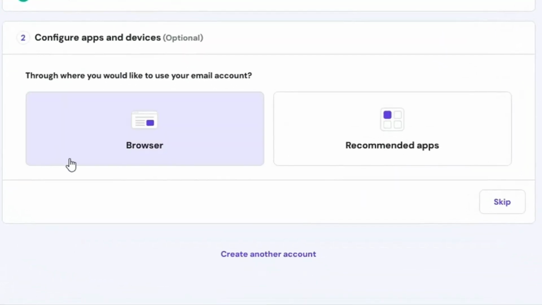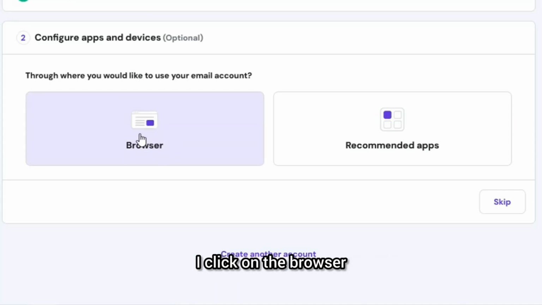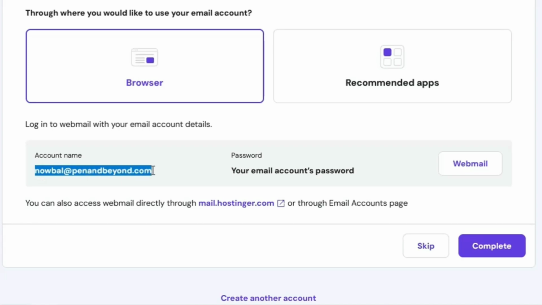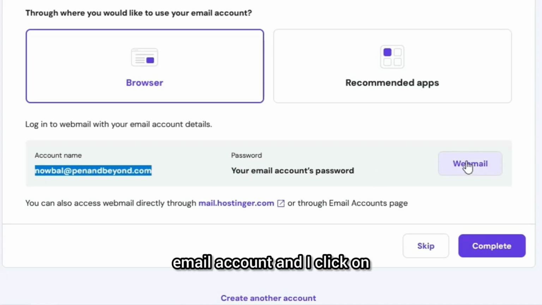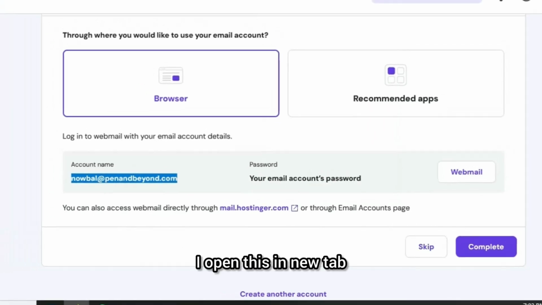Now here I use the email account on the browser. So I click on the browser, and this is my email account, and I click on mail.hostinger.com. I open this in a new tab,